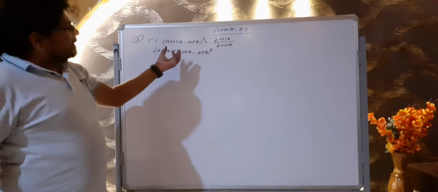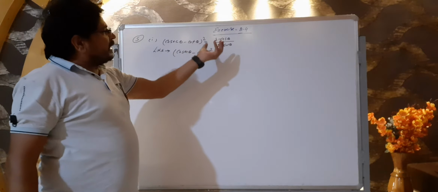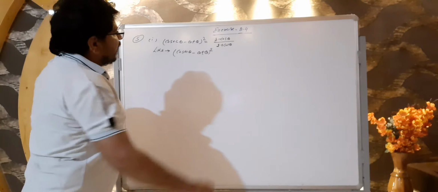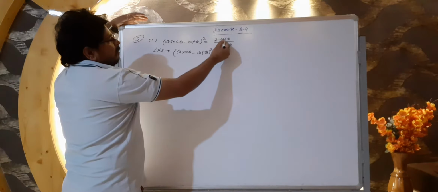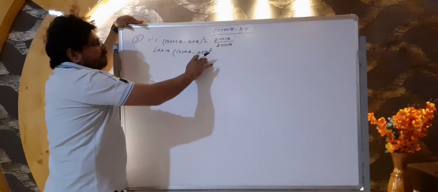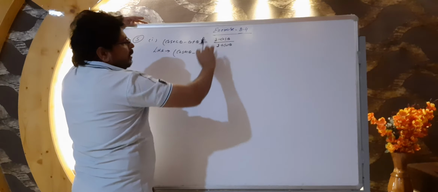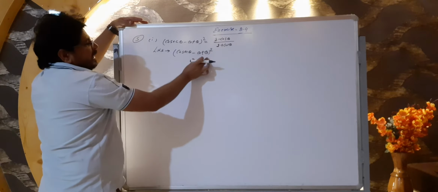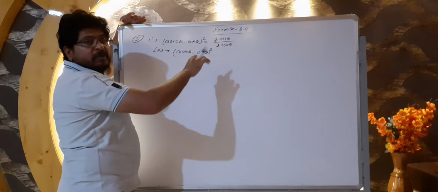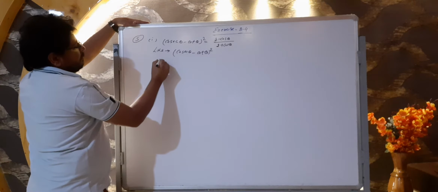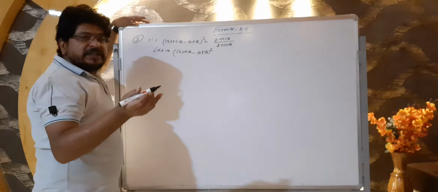Now guys, another thing is that whenever you are going to prove LHS to RHS, you have to see the RHS. We have to change this particular LHS into the form of RHS. Both the terms are in the form of cos. So definitely here we want everything in terms of cos. So what can we do? We can write this cosec theta. We know very well 1 upon sin theta is equal to cosec theta.